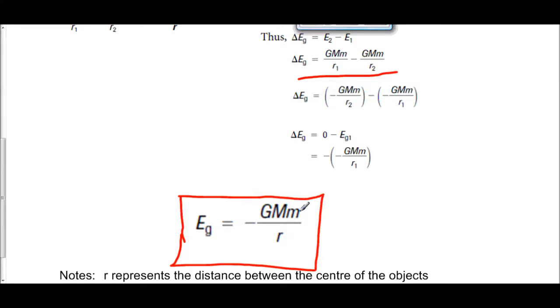So this is our new expression for gravitational potential energy. It's going to be negative G m m over R. Notice the minus sign here. We'll talk about that in just a second. And this looks kind of similar to the force. And there are some parallels because remember the force of gravity was given by